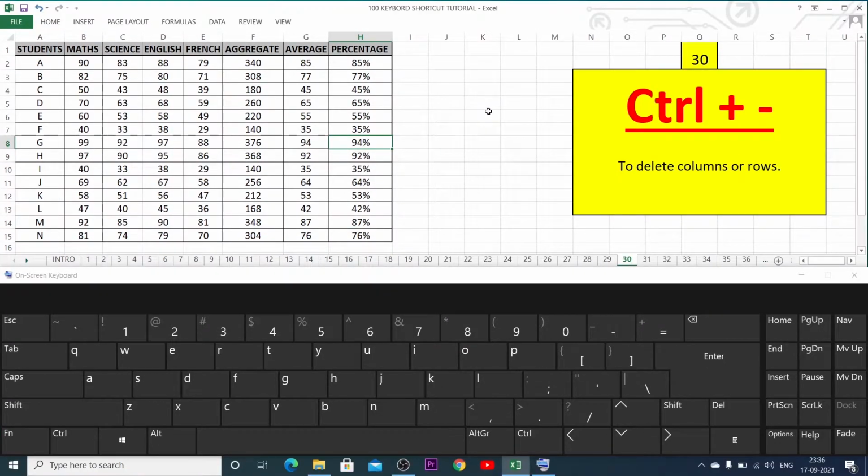Control hyphen to delete columns or rows.